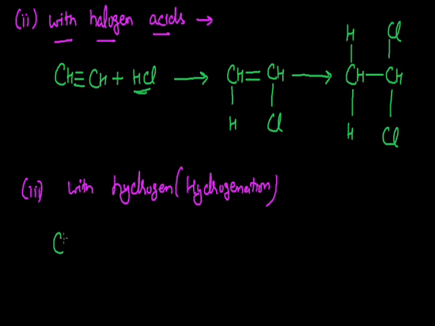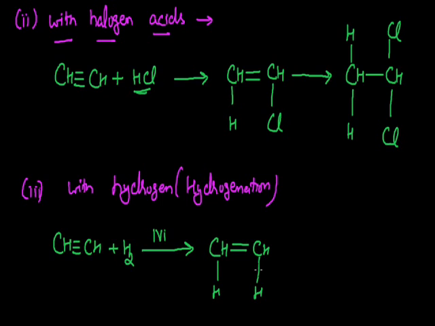Like here, if I take an ethyne molecule, when this ethyne combines with hydrogen, this reaction occurs in the presence of a catalyst, which here we can take as nickel or Raney nickel. Then when this addition reaction of hydrogen occurs, if we take the controlled hydrogenation reaction, one pi bond will break, and two new sigma bonds will be formed like this. And this is the molecule of ethene.